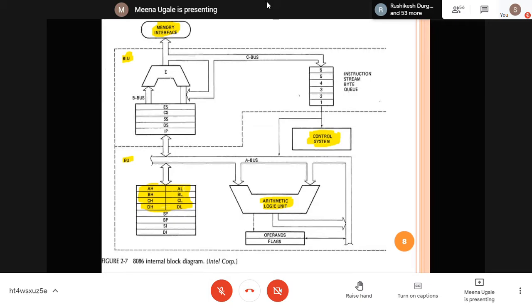A is known as the accumulator register, B is known as the base register, C is known as the count register, and D is known as the data register. AX, BX, CX and DX will be 16 bit. Separately, if you want to go for 8 bits, you can go like this.